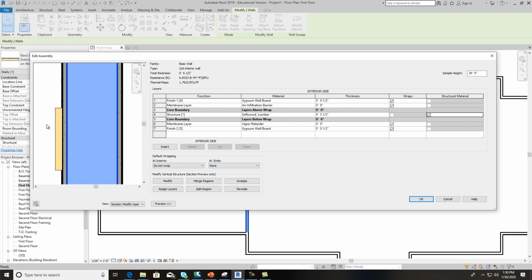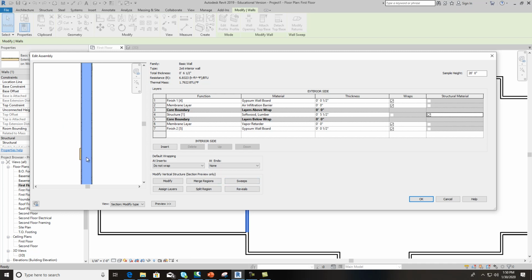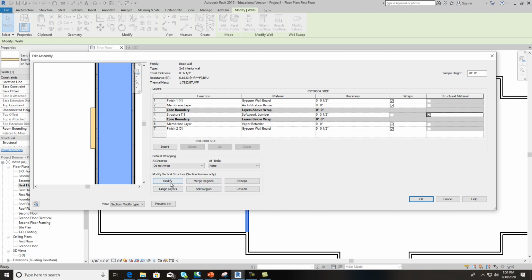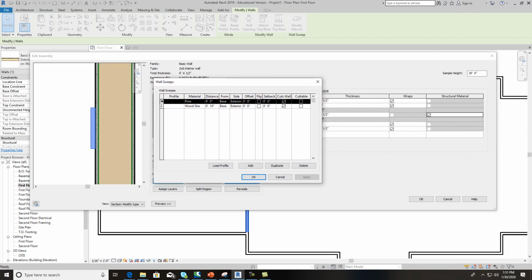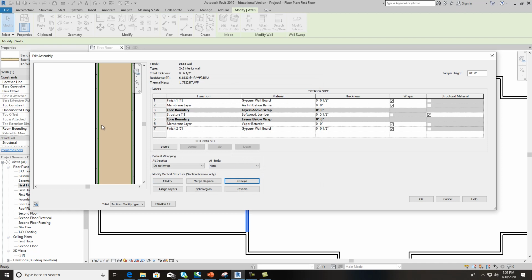I don't need, though, this right here, this sweep in here. So we can actually delete those off as well. So I don't need those extra pieces, and we can run in here and modify, actually, sweeps. I had to click on sweeps, and I was coming here, click on that, delete, click on that, and delete, apply, okay. So now it's just a regular wall, and I hit OK,